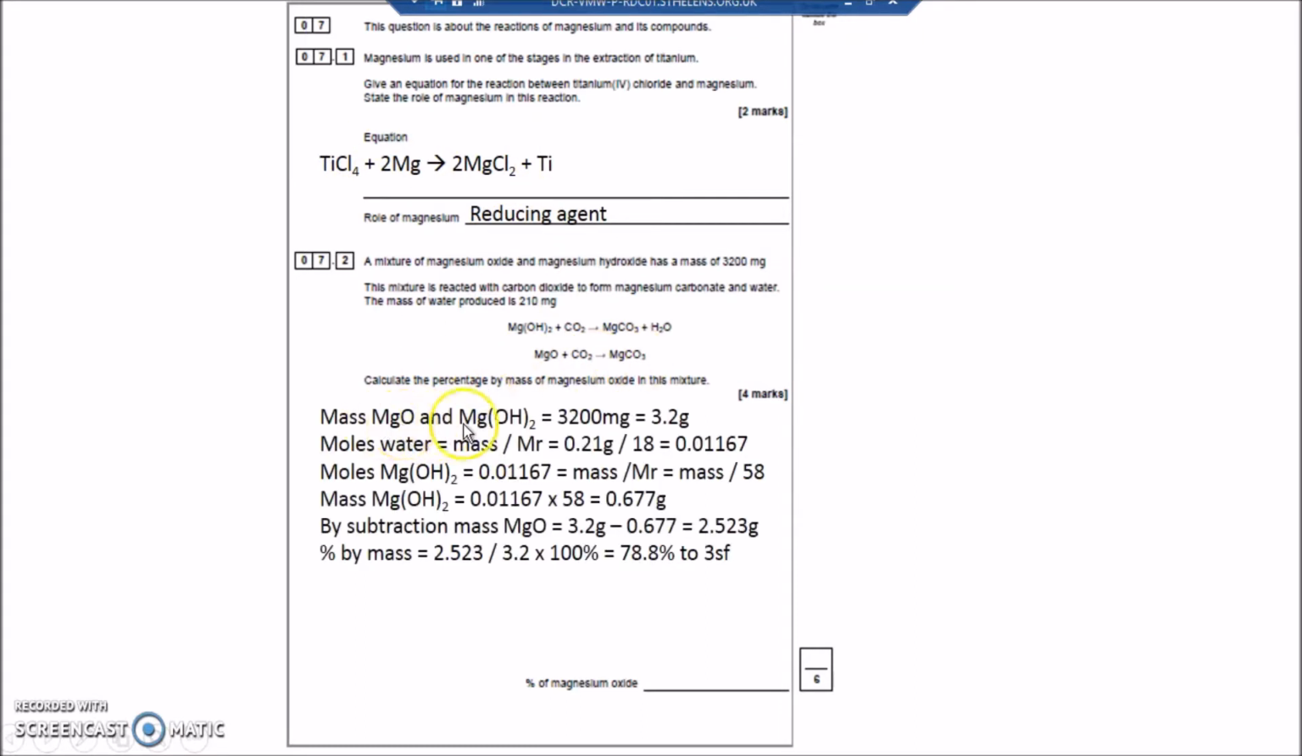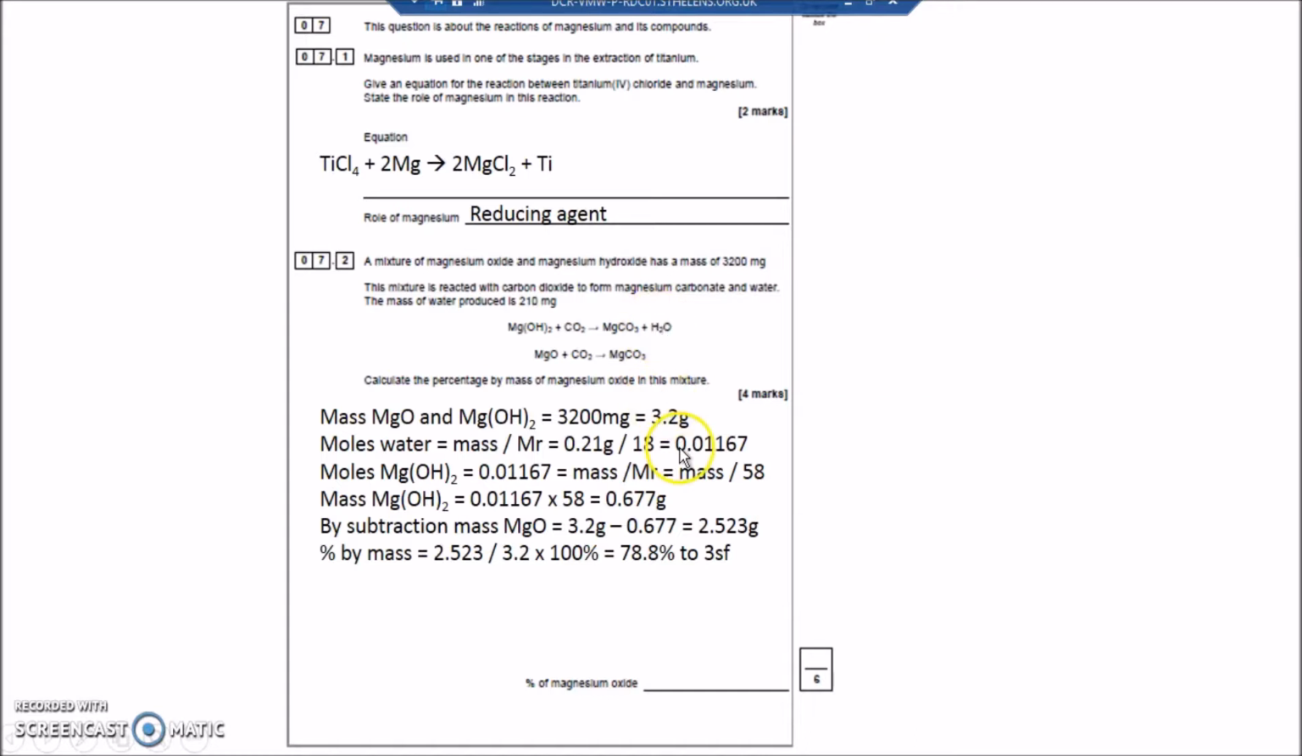So the mass of the MgO and the Mg(OH)2 combined, it says, is 3,200 milligrams or 3.2 grams. But more importantly, the water here, I've got a mass of water produced 210 milligrams divided by 1,000, I've got 0.21 grams. So moles of water is mass divided by Mr. I can work out the Mr of water, which is an oxygen, which is 16, and 2 ones for the 2 hydrogens,